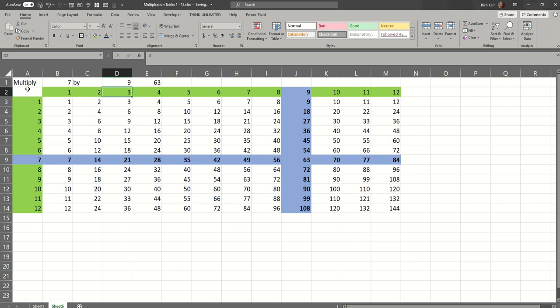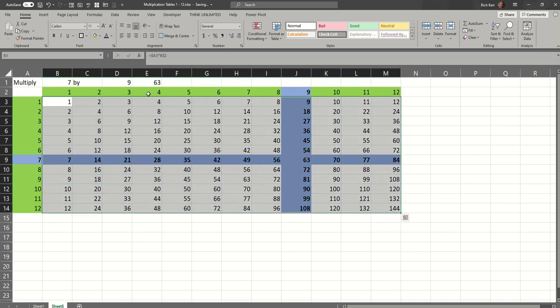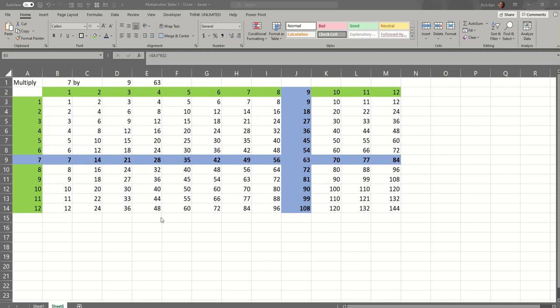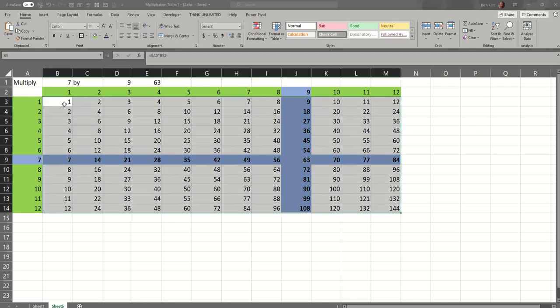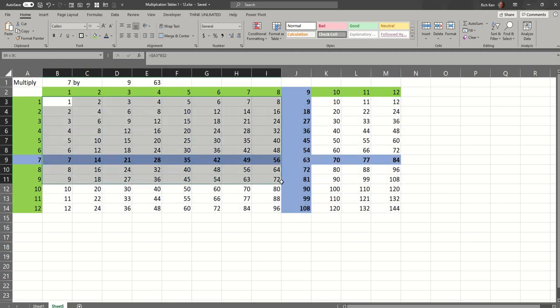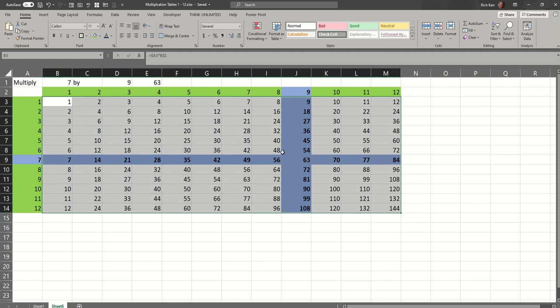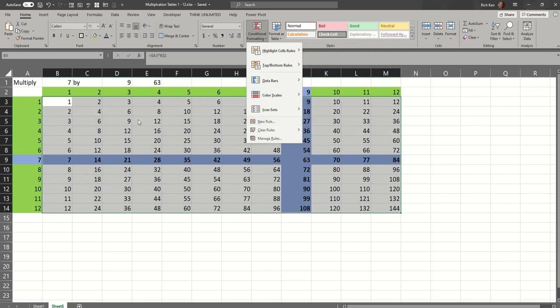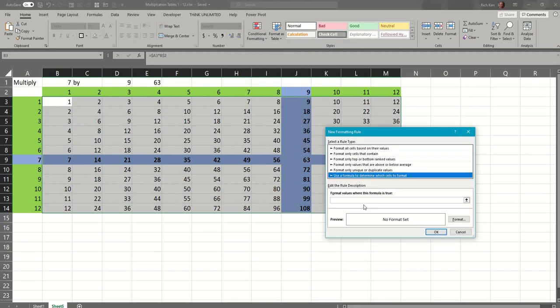So again, I'm gonna select just the data in the body now, because I don't want the numbers in the headers, right? So in order to make that happen, we'll add another set of conditional formatting, and we'll do it for the data in the body, excluding the column on the left and the header across the top where we're matching our factors of 7 and 9 or whatever they may be. I just want the data in the body to, in essence, disappear unless it's in the right column. So we're going to do another conditional formatting. So we'll say conditional formatting, a new rule, and in this case I'm going to use the AND function